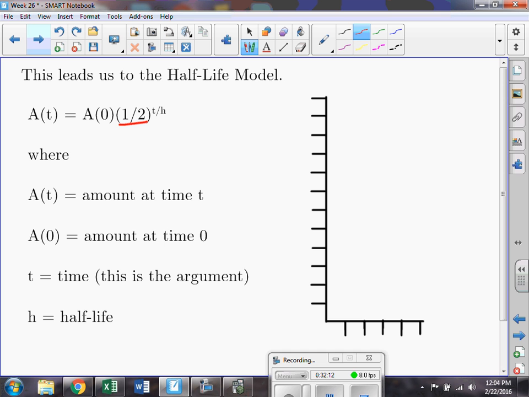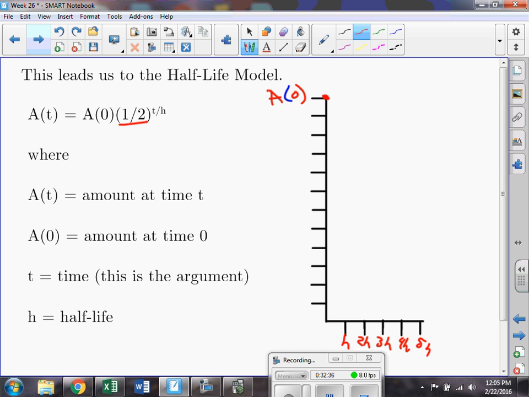We'll use a base of 1/2 to see repeatedly half times half times half times half, in which case we wind up with virtually the same kind of graph, where we have half, 2 times the half-life, 3 times the half-life, 4 times the half-life, 5 times the half-life. And if we start at the top with our initial amount, the initial population,